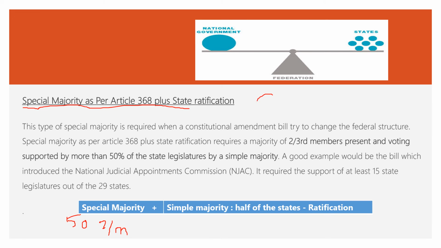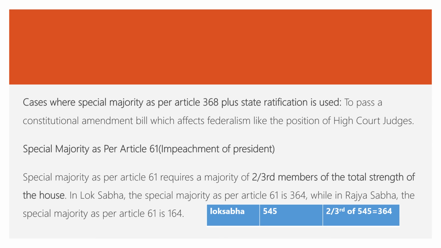That is the reason this was used recently for GST. When you have to pass GST, the consent of 50% of state legislatures has been taken so that GST could be passed. And now next thing is a special majority as per Article 61,